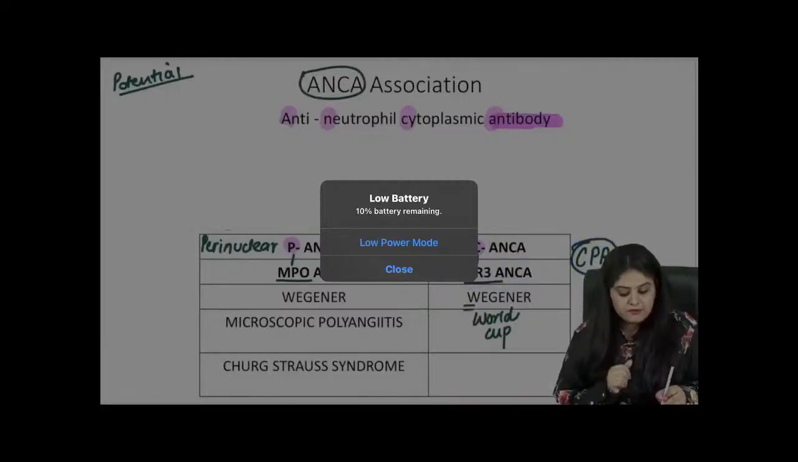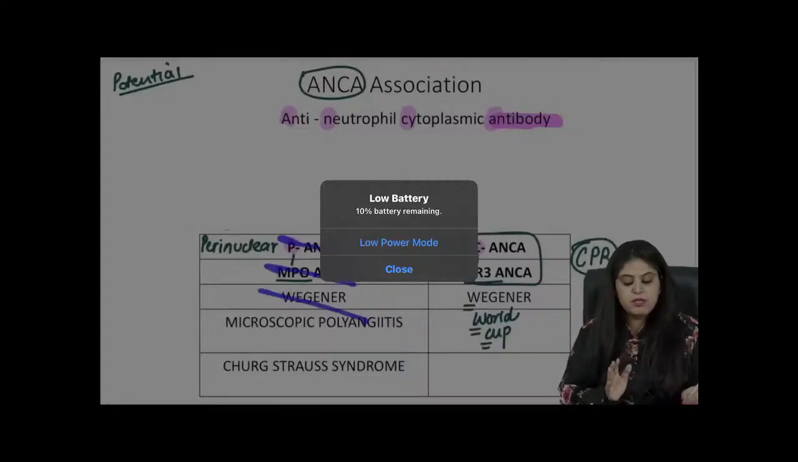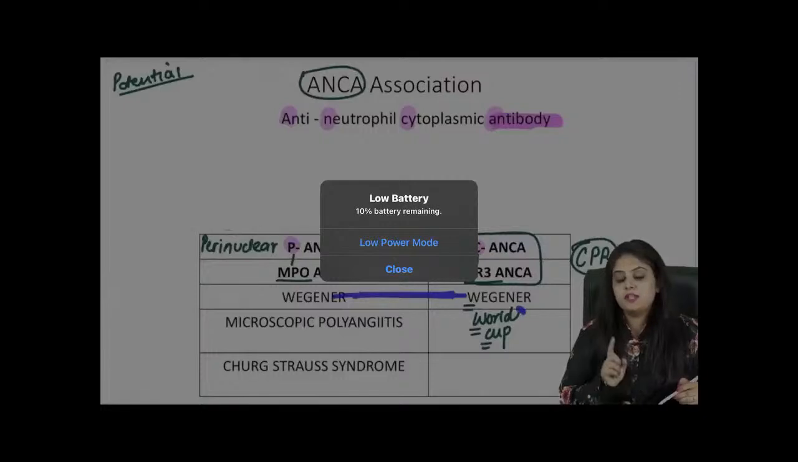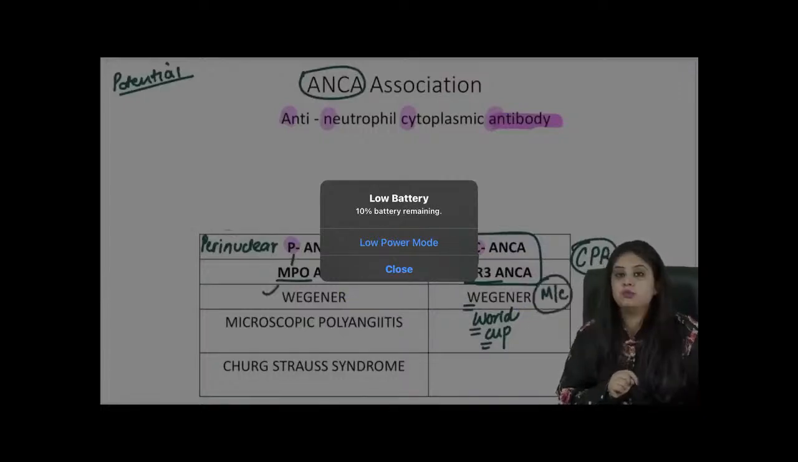First point: C ANCA and P ANCA. I think this much everyone knows. C stands for cytoplasmic ANCA, and P ANCA stands for perinuclear ANCA, and they've got new names. P ANCA is known as MPO ANCA, and C ANCA is known as PR3 ANCA. Don't get confused in the exam. When you are about to crash, who will save you? CPR will save you. So remember, C ANCA is PR3 ANCA, and there is only one disease